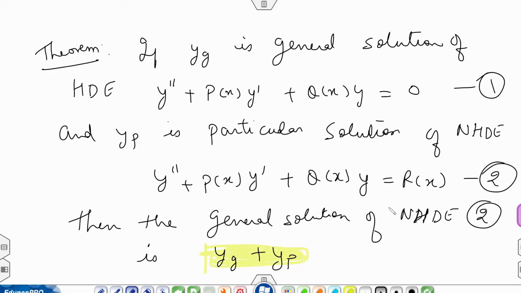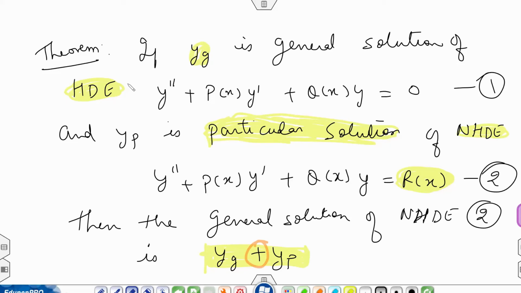If you have r(x) over here, instead of having r(x) as 0, if you have a non-zero r(x), what will be the general solution? The general solution will be yg, the general solution for the homogeneous differential equation, and you have to add a yp. Yp is a particular solution of this non-homogeneous differential equation. Obviously we will see how to find this particular solution and the general solution of the homogeneous differential equation in the coming lecture,